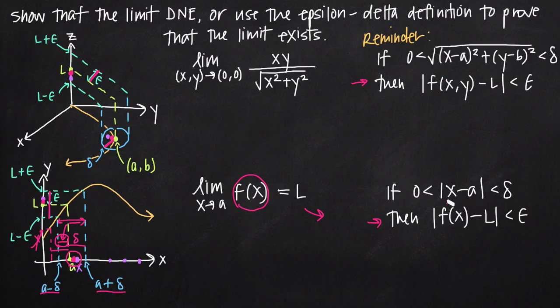Let's look at the first part now. If 0 less than the absolute value of x minus a less than delta. Well, if we compare that to the multivariable version, we see that 0 and delta are the same, our inequality is the same, except for the value in the middle. Here we have just the absolute value of x minus a, and here we have this big square root value here. Well, the reason we have this value x minus a here, absolute value of x minus a, is because